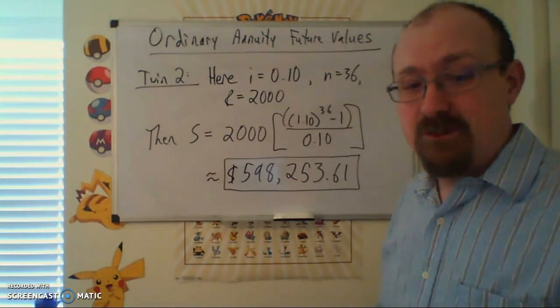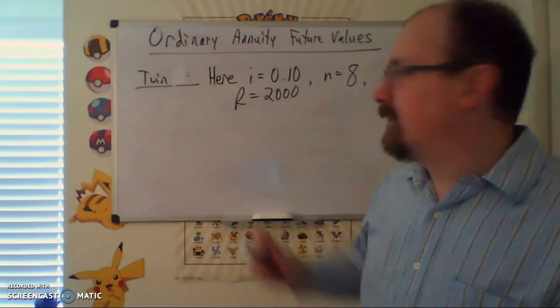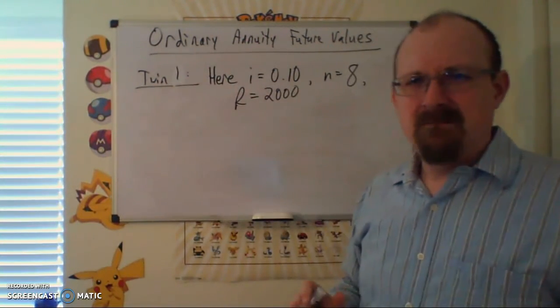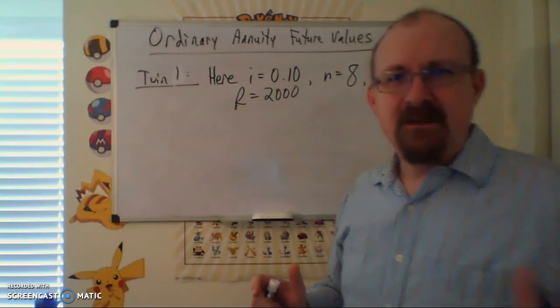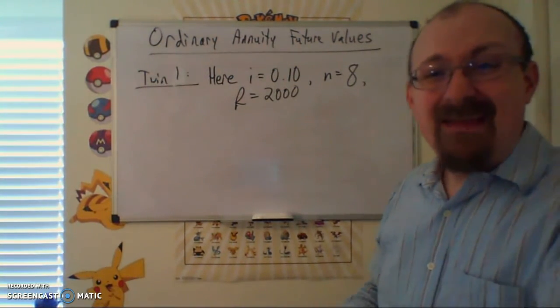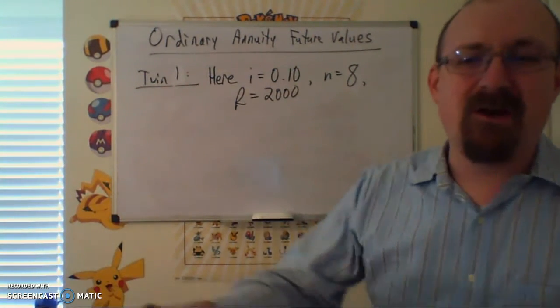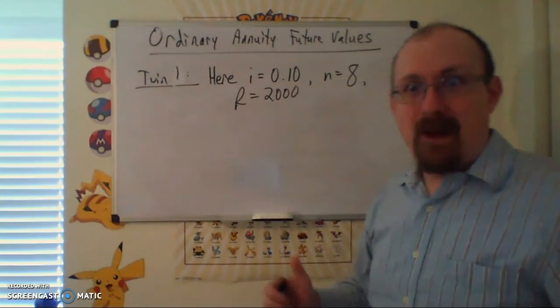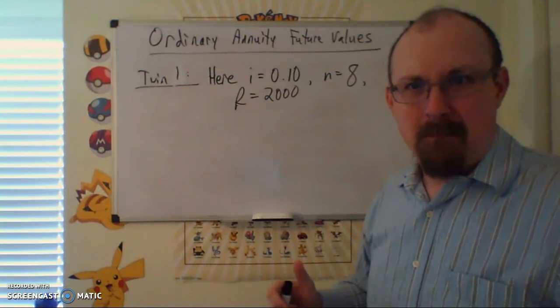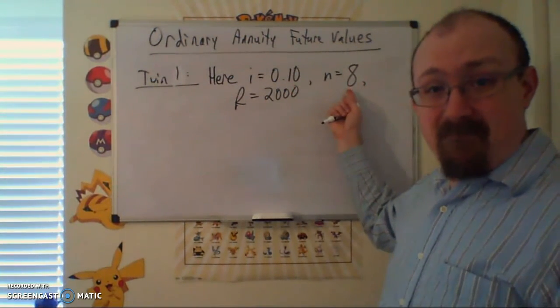Let's take a look at twin 2. I realize I actually said that backwards. We just did twin 2, and we want to look at twin 1. Blame it on my dislike of jump cuts. Anyway, twin 1 is doing the same thing that twin 2 is doing. They just start earlier and then let the investment sit, so they're not immediately pulling this out and buying a car with it or anything. So same interest rate,